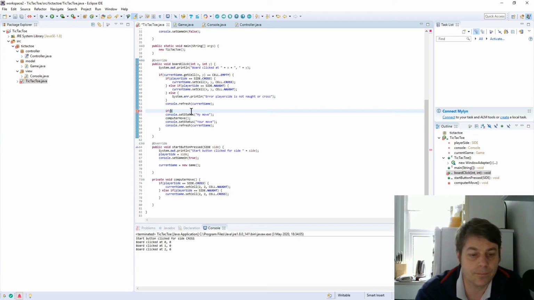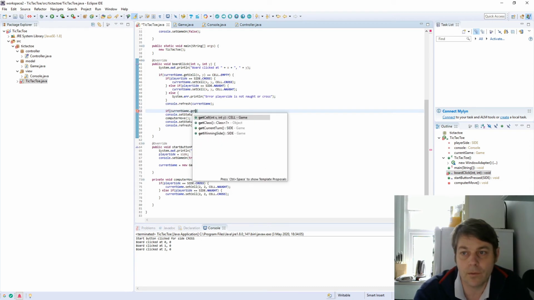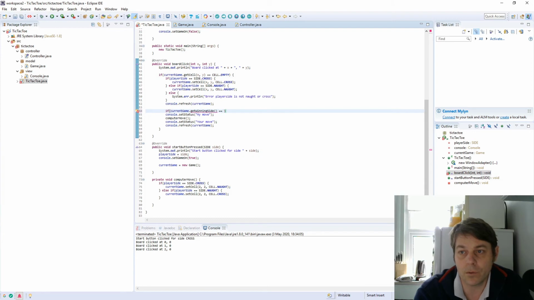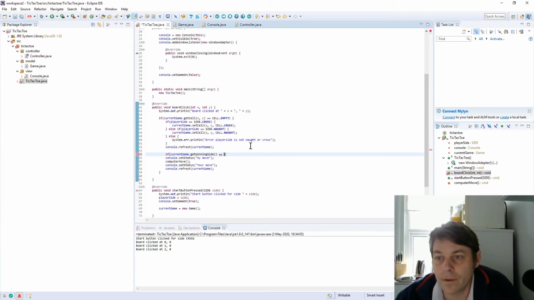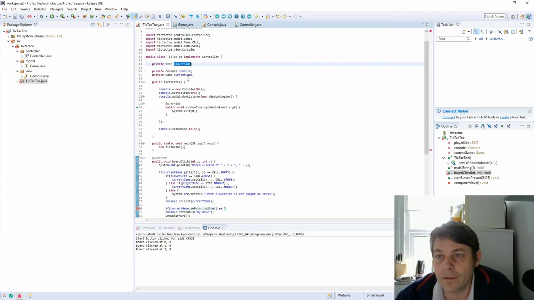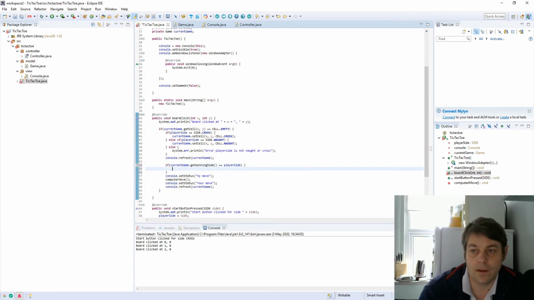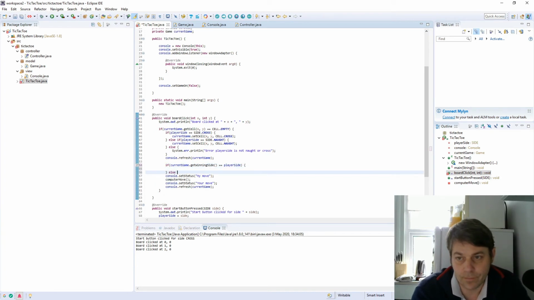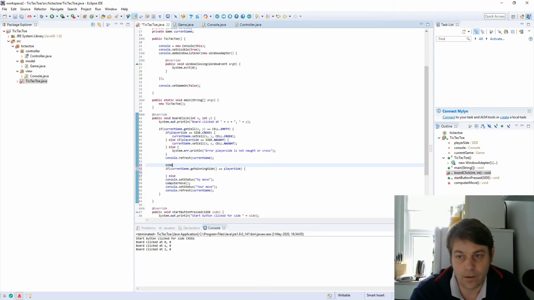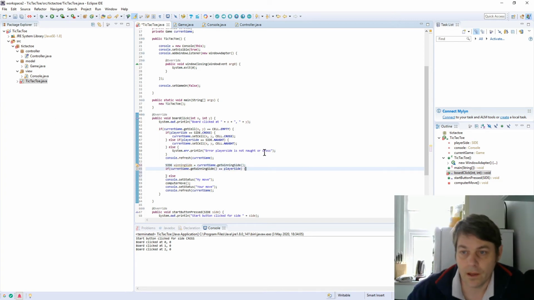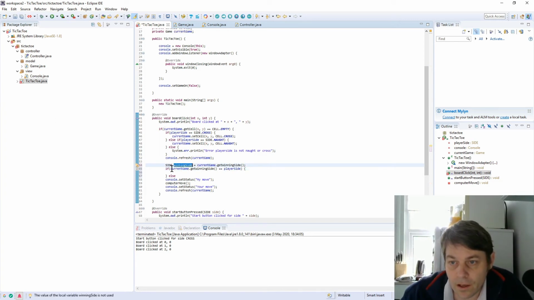Current game, game get winning side equals player side, and the player's won. Side winning side equals current game get winning side. If winning side is player side,